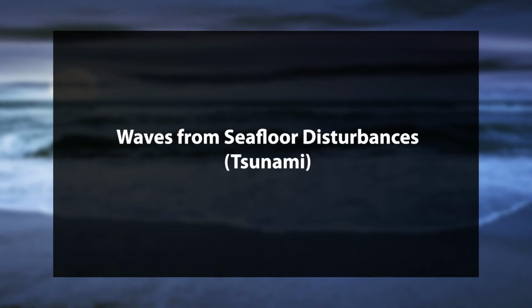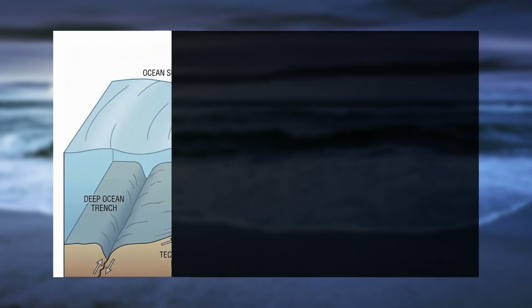While localized, these waves can be powerful and dangerous along steep coastlines. Fifth one, waves from seafloor disturbance. These are also called tsunamis. Earthquakes or a volcanic eruption deep beneath the ocean cause tsunamis and can propel massive amounts of water upward